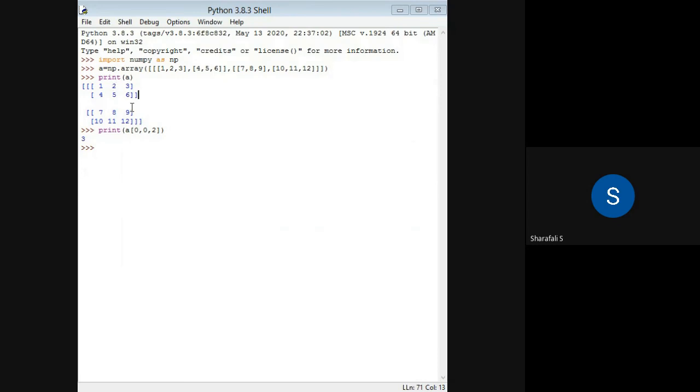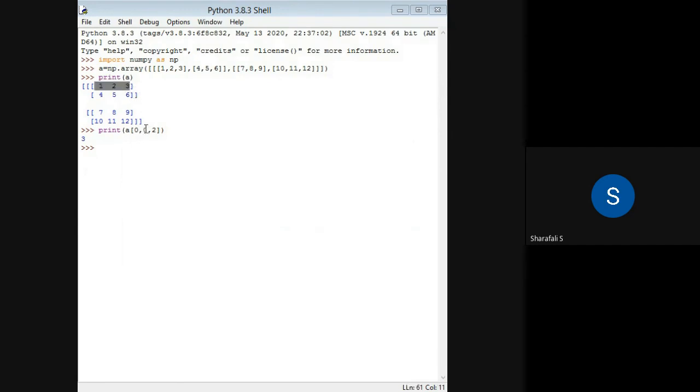And then in that two-dimensional array, I am giving 0 again, and that represents my row. So it will take this particular row, and then 2 represents my column. So the column index is 2, which means this is 0, this is 1, this is 2. So the first 0 means the first two-dimensional array, that is nothing but this array, and the next 0 represents the first row, index 0.